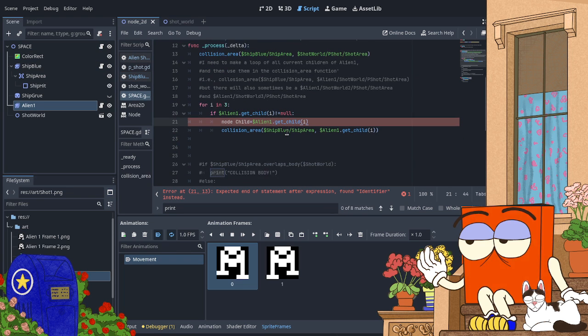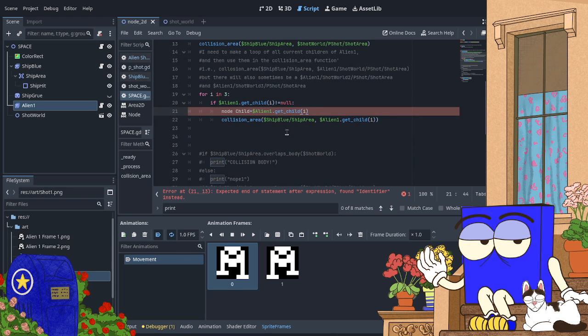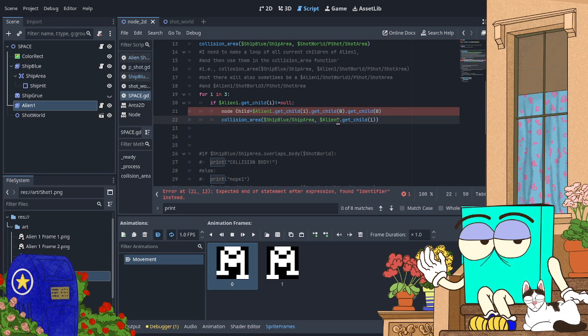Gotta go back up to space. Fortunately, each of these I know only has one child. So, by definition, those will only have one child.